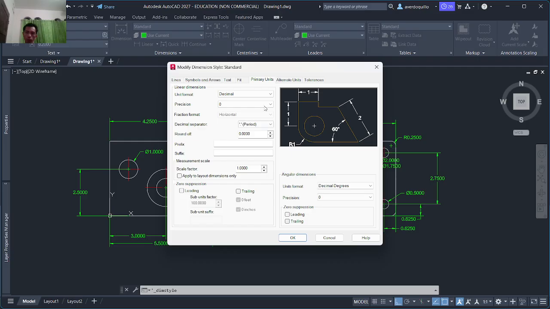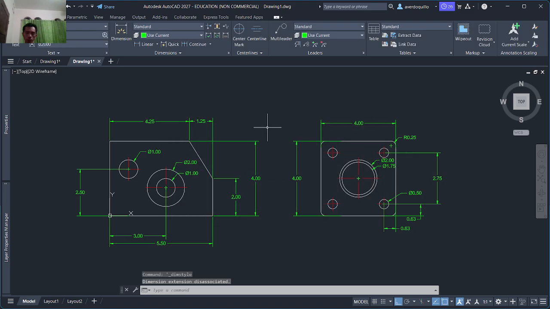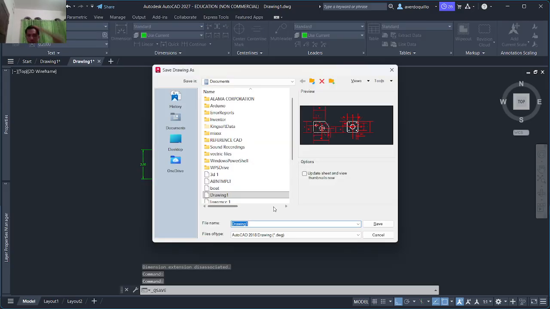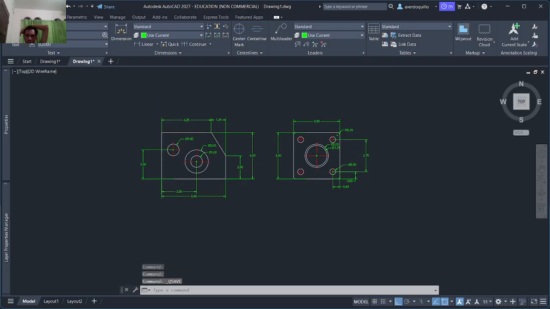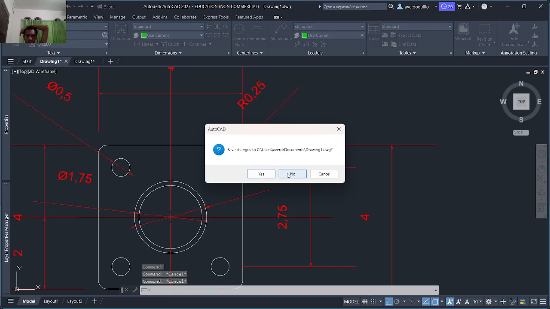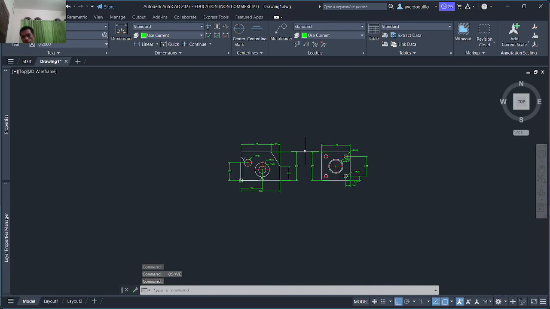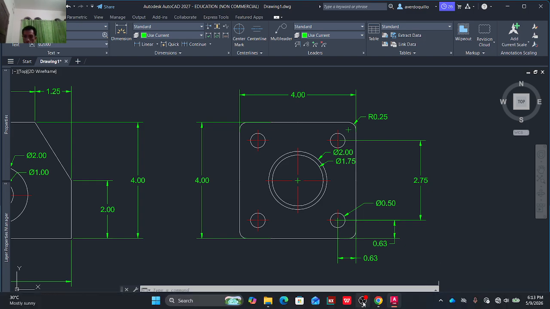We have to mark it. So that's it. Let's stop this recording.